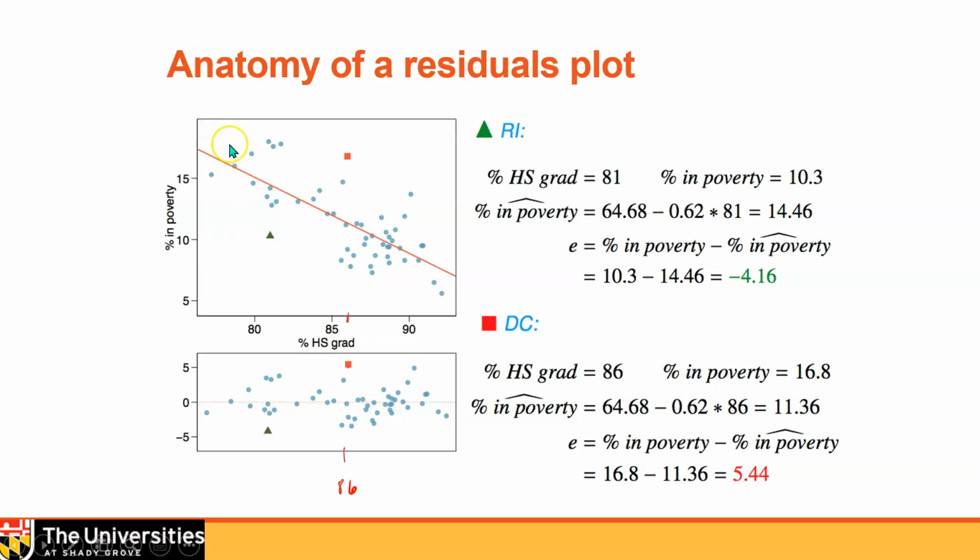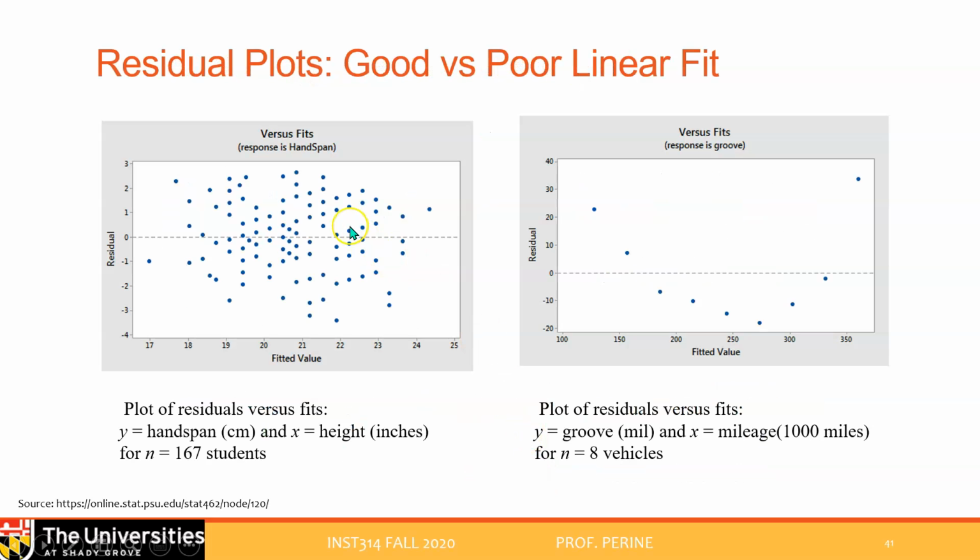So we see from the original that it's not a tight linear relationship. And we know from our correlation coefficient of negative 0.75 that it's a moderate to moderately strong relationship, I would say. Not really super strong, but a moderately strong relationship. So this is what a poor linear fit looks like.